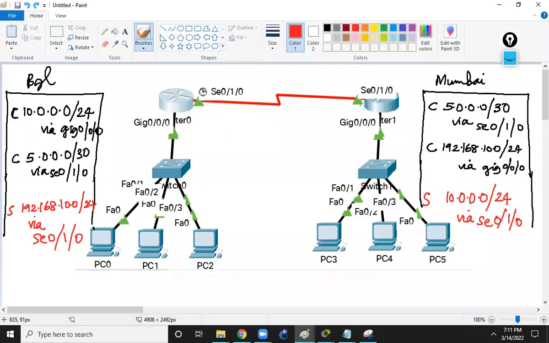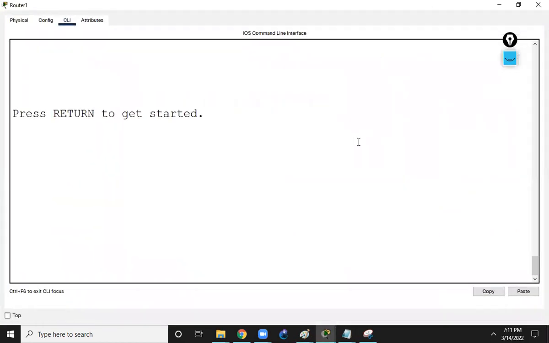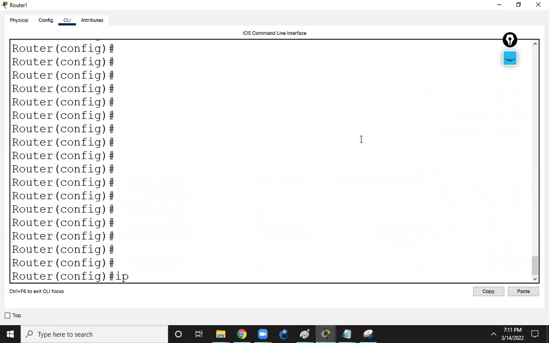So now we are going to go to the Mumbai router and mention the 10 dot network here. We'll mention the unknown network. So the command is ip route. Then the unknown network is